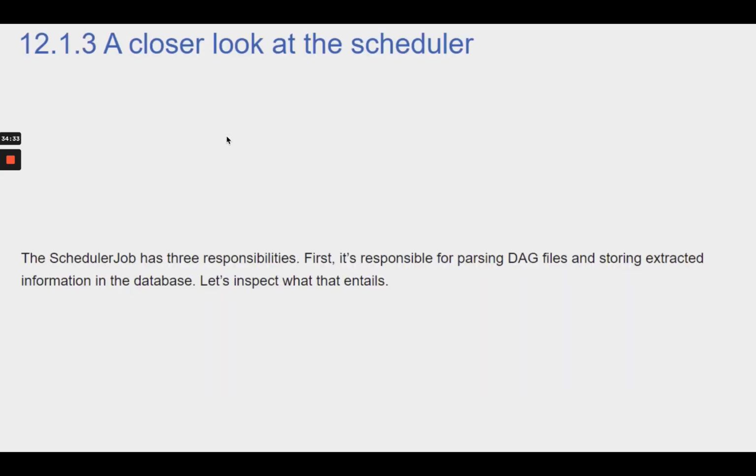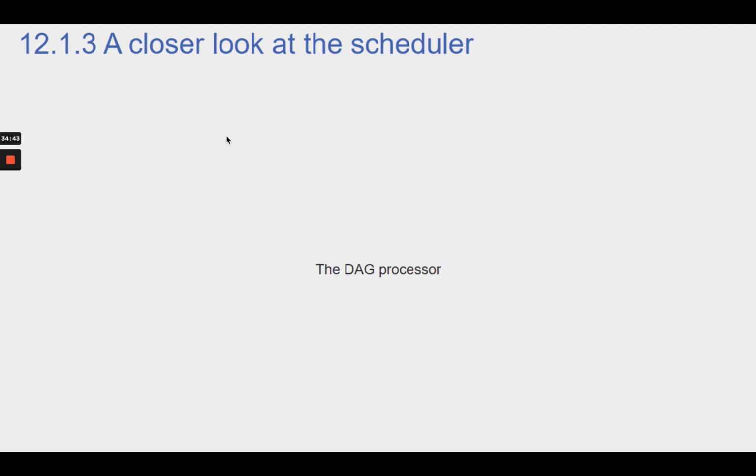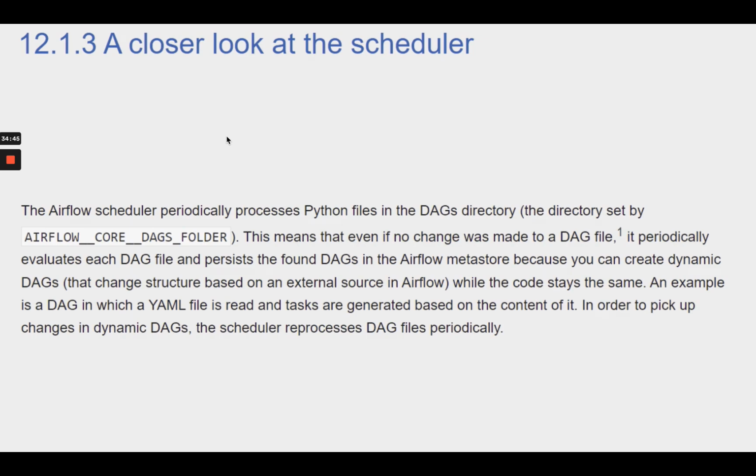The scheduler job has 3 responsibilities. First, it's responsible for parsing DAG files and storing extracted information in the database. Let's inspect what that entails. The DAG processor. The Airflow scheduler periodically processes Python files in the DAGs directory, the directory set by